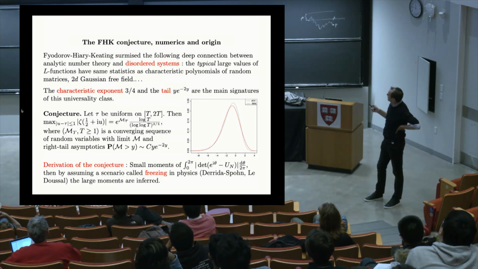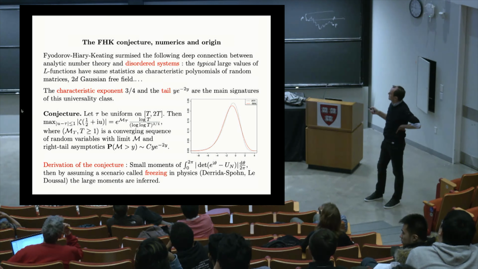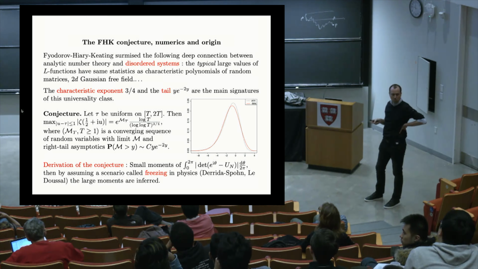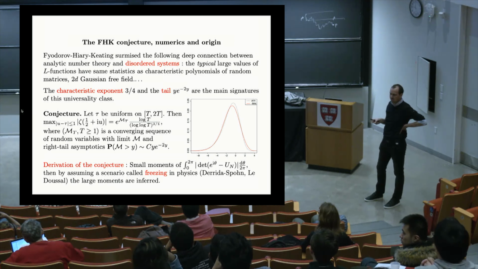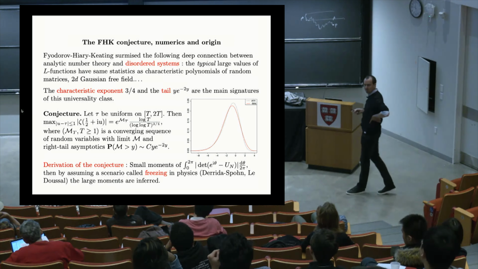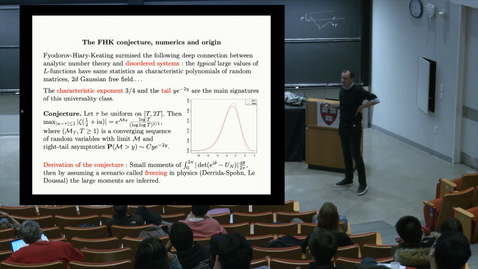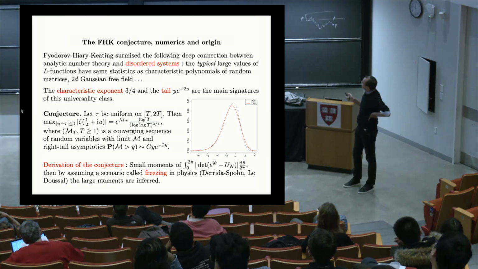So the data is a red curve, and that's after normalization by this log T, double log T to the 3/4. That's this MT, basically. That's the histogram of this MT, the red curve. The dotted curve is what would be predicted by the Fyodorov-Bouchot model, this explicit distribution involving the Bessel function that I mentioned. It's not quite the same, but it's the same shape,